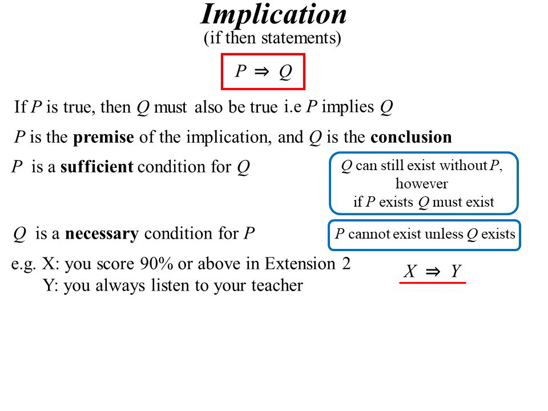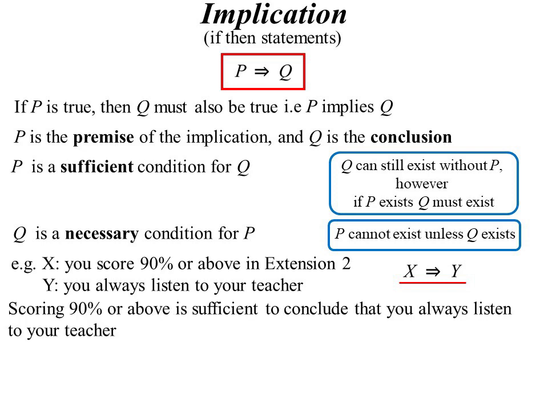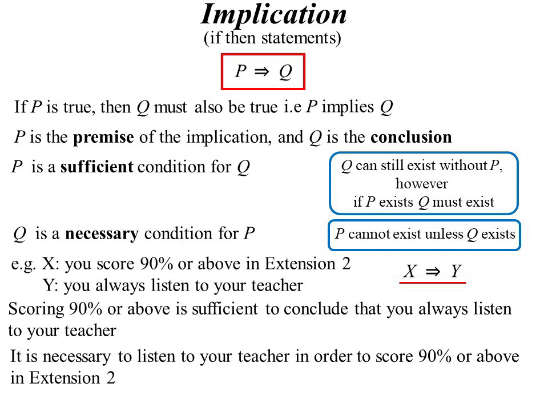So scoring 90% or above is sufficient to conclude that you listen to the teacher. P is sufficient for Q. And the necessary condition: it's necessary to listen to your teacher in order to score 90% or more in